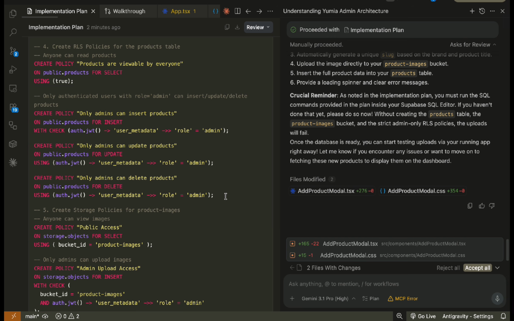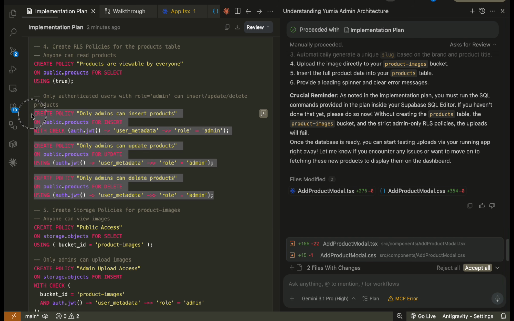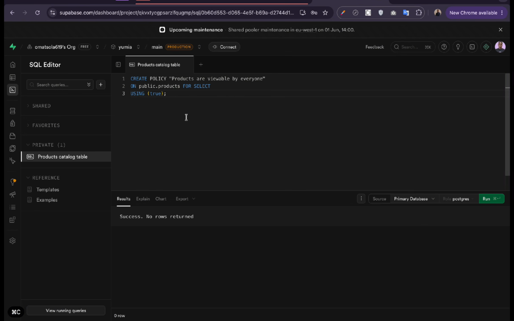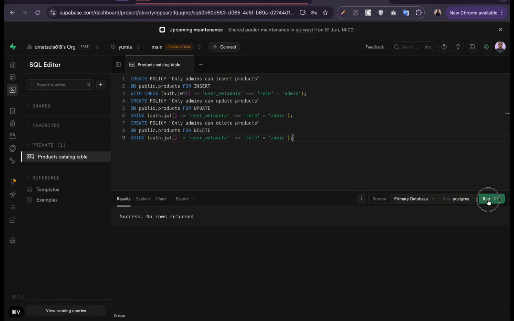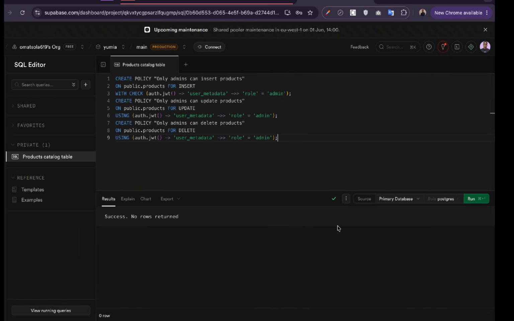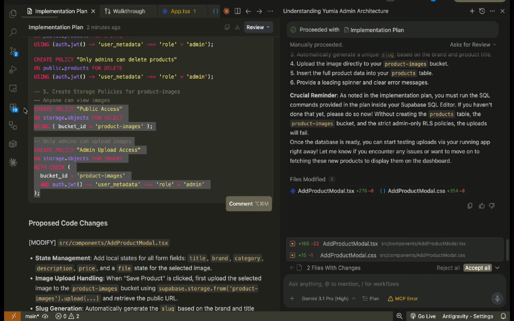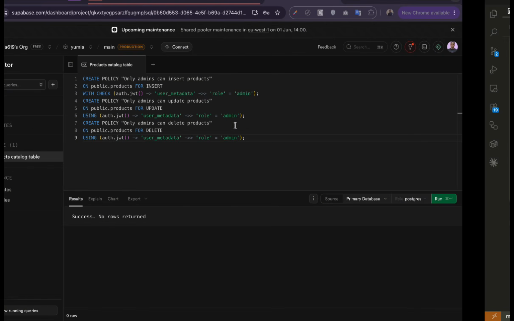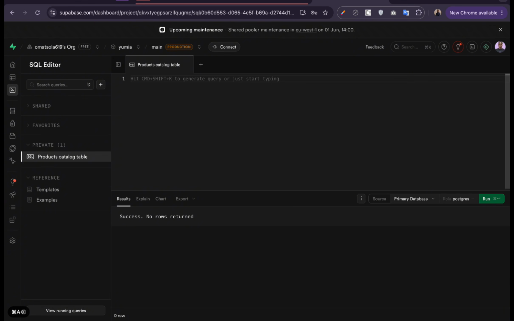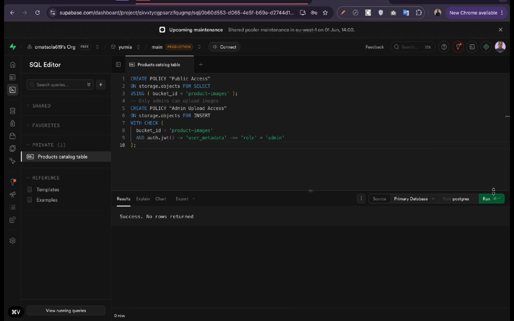Also, now this one is for only authenticated users with the role of admin to insert, delete, and update products, but anyone can still read the products, can still see the products. So run. Okay, that's good. Now this one says anyone can view images, so both users with the role of customer and users with the role of admin, anyone, but only admin can upload images. So now that's a comment, and this is not going to go into the database. This is just a comment. So we run everything,